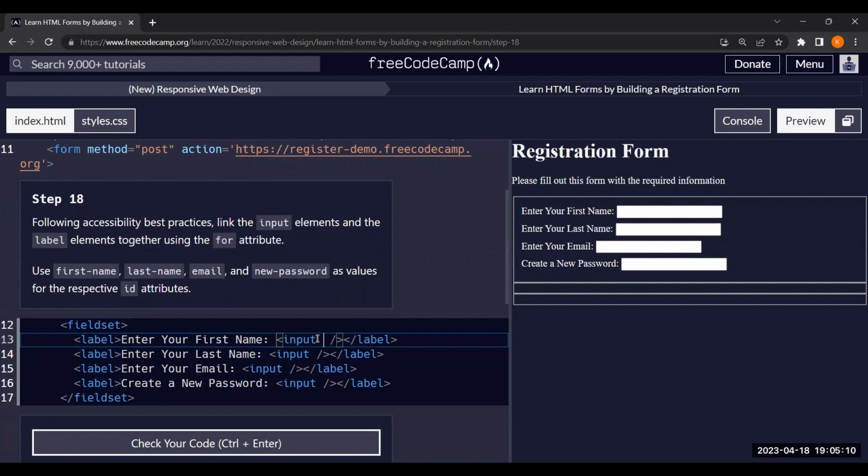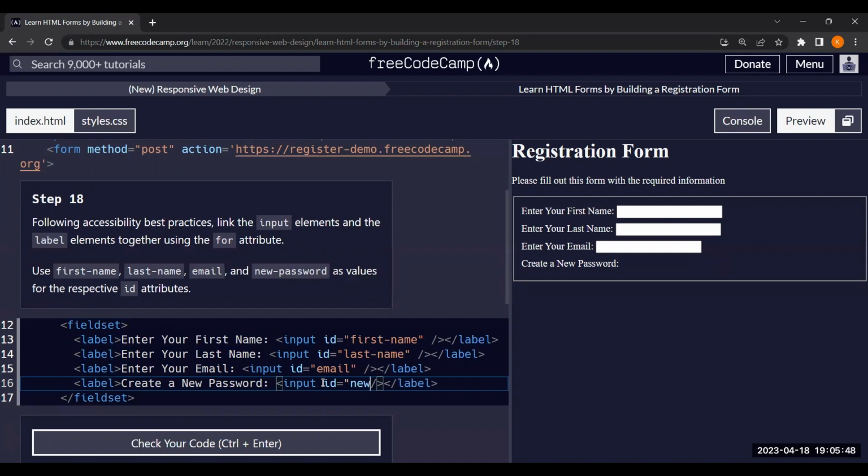Now I will add the ID for first name. ID equals last name is for the second input tag. And for this one, I have to add the ID equals email, and for this one, I have to write the ID equals new